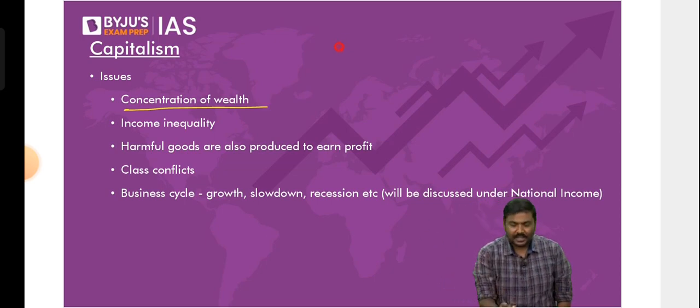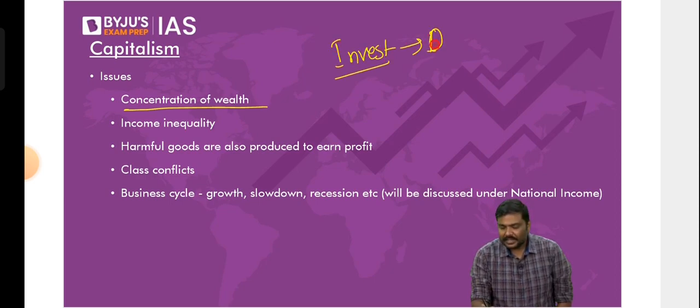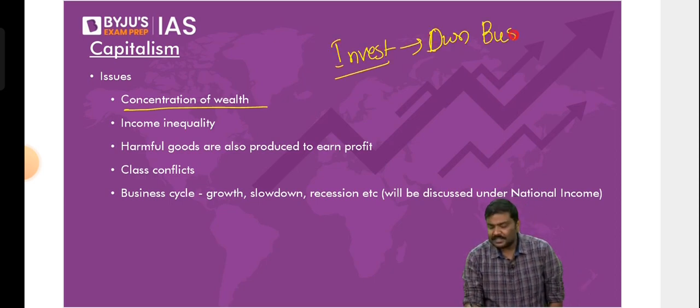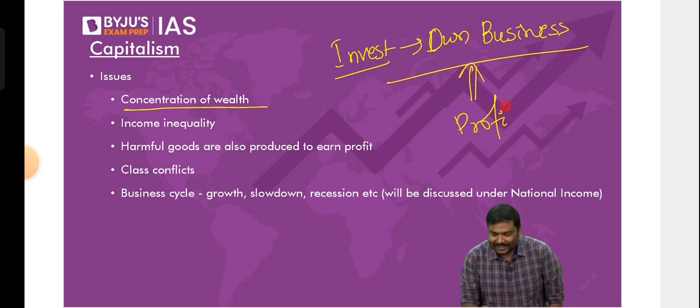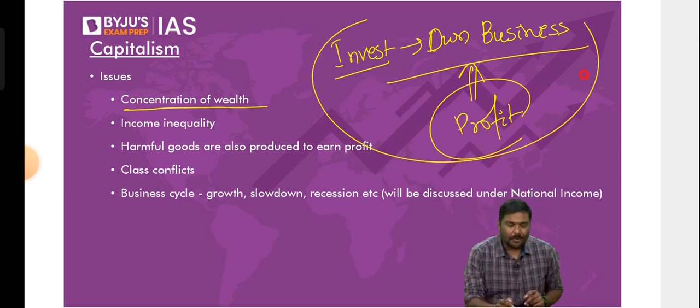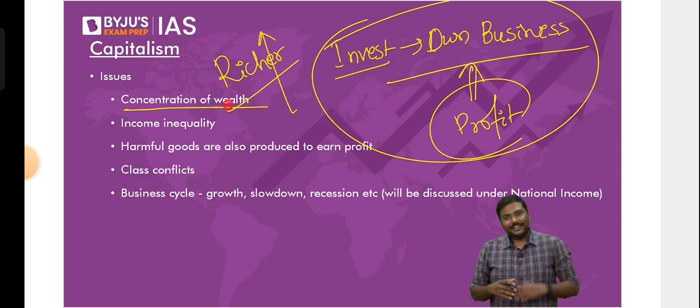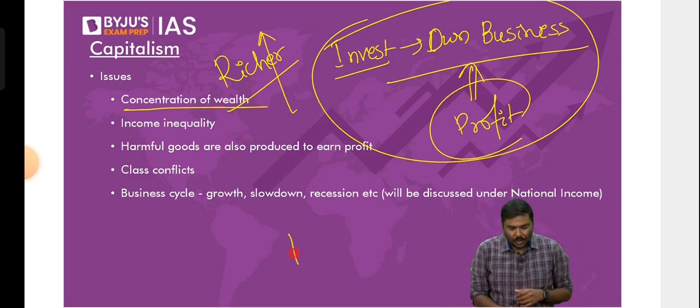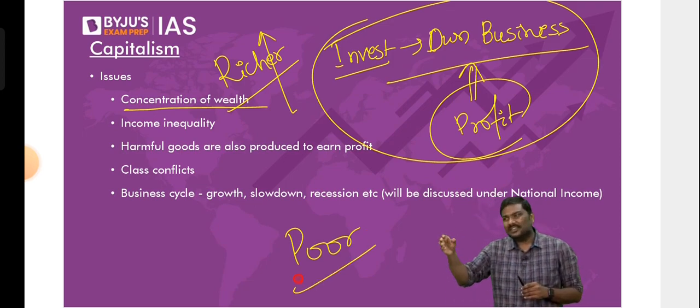Whenever there are people who have a lot of money, invest and own businesses, I understand this. There are businessmen who have a lot of money, invest and own businesses, and keep on earning profit. Is it okay if I say that these people will keep on growing richer? The businessmen who are already rich will keep on becoming more and more rich. What about other people in the society? People who are poor will continue to remain poor. People in the middle class might slightly move up the ladder like this.